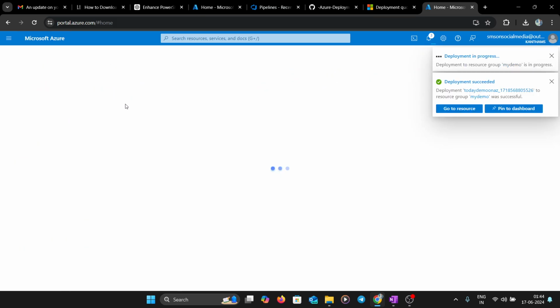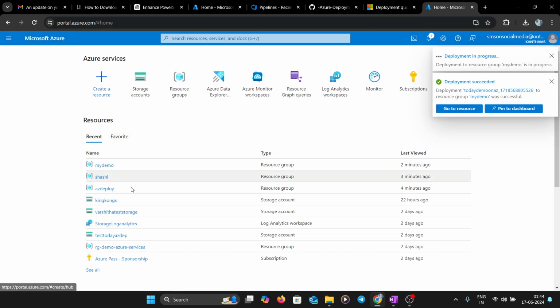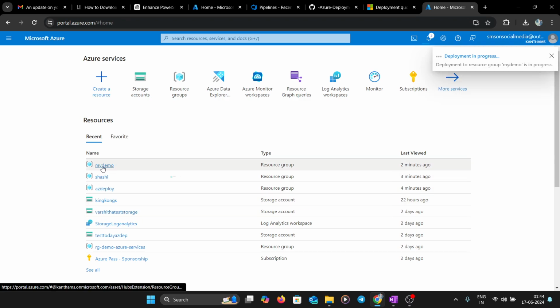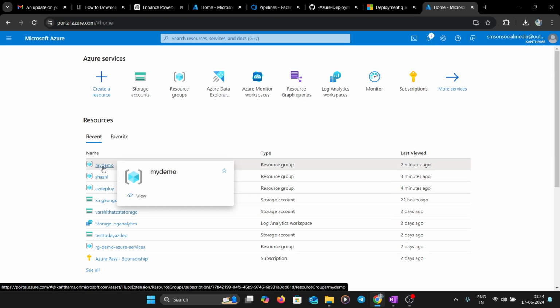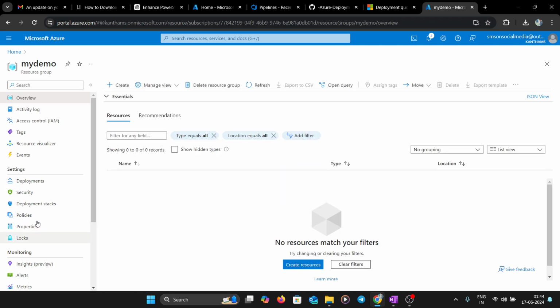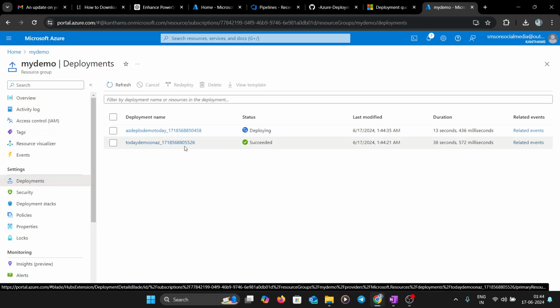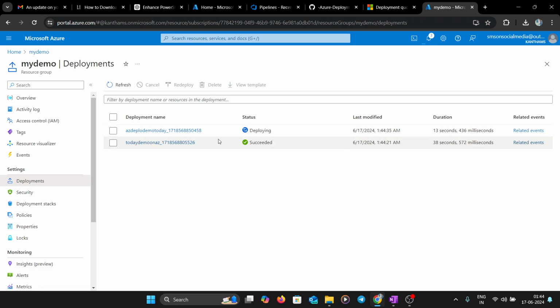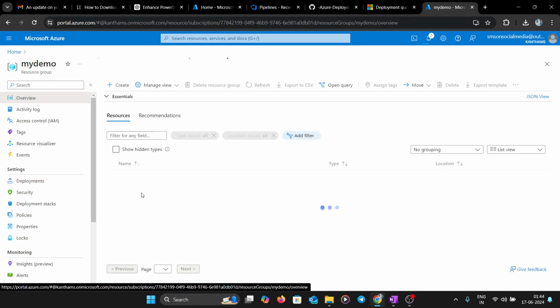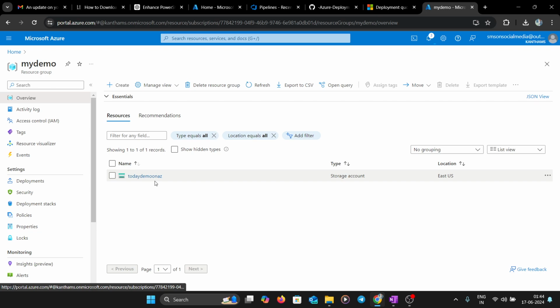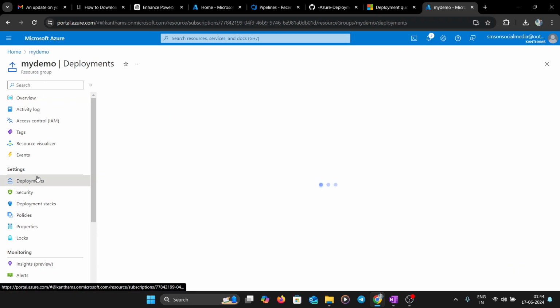Let's go to that resource group, my demo. If I go to deployments here, I have the deployment history. One storage account is deploying currently, and one is already deployed. If I go to overview, I can see the resources. One is deploying, so I am not able to see that storage account. Coming to deployments,